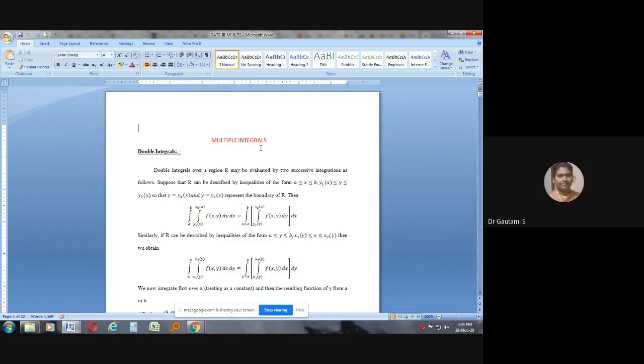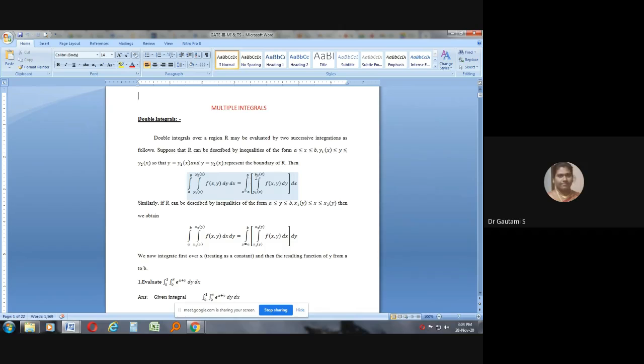So today our class is about multiple integrals. In multiple integrals, we have double integrals and triple integrals. Already we know integration. Here, a double integral is an integral function with two integrals. See here, y1 of x, y2 of x is the y limit, and x equal to a to b is a constant limit, the x limit. First we have to evaluate the y variable, and then we have to integrate with respect